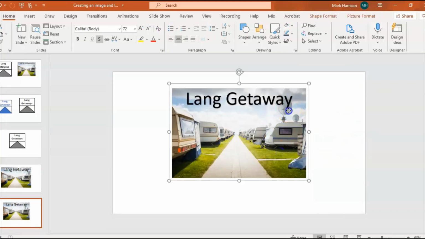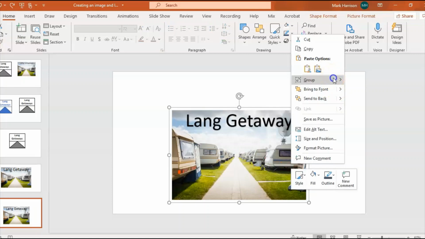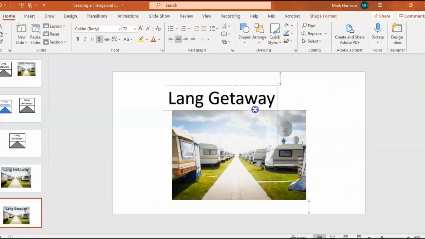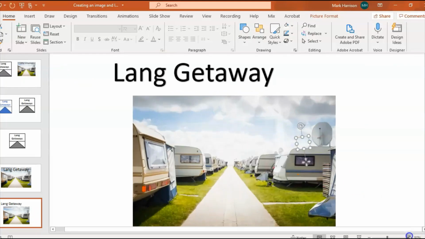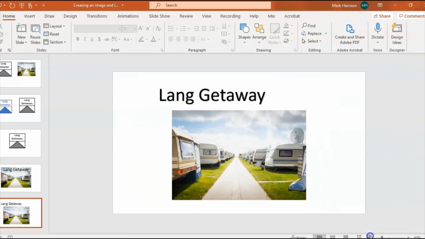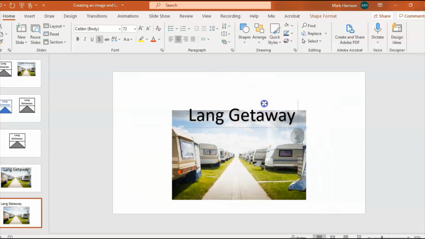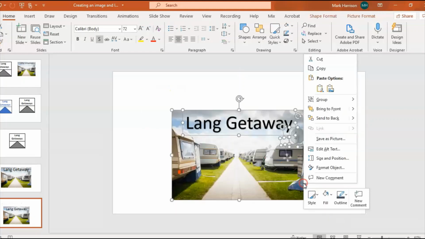Okay. The satellite dish has got knocked out, so I'm just going to undo that. If that happens, all you need to do is ungroup and just move the things back to where they should be. So that got knocked out of position, so I'll just move that back, and a little bit of sky got knocked out of position, so I just moved that back again. Right, we can see here that slightly out, so I'm just going to move that up. Okay, perfect. Zoom out. Right, let's get this into position in the top. Okay, remember, highlight, right click, group,